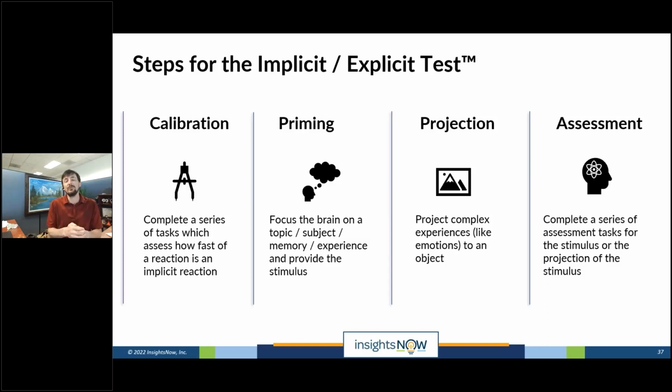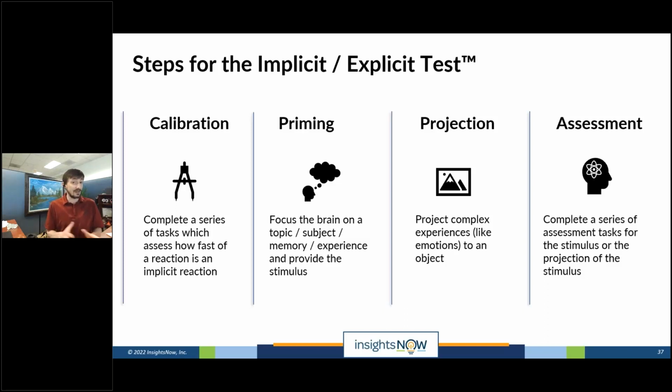That's really critical. If you're doing implicit work and you're just working with averages or ranks, which is what Insights Now used to do for many, many years, you're going to see a lot of anomalies in your data, and you're going to see a lot of false positives, quite honestly. That's what we saw, and that was one of the reasons we built this particular test to be person-by-person specific, because we got a lot of false positives in our research when we were using averages and means within a data set and relative scoring. So calibration takes that all away. You get that person's speed for that moment in their life.